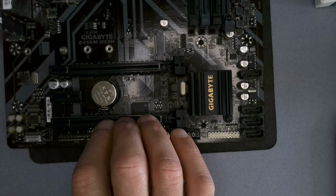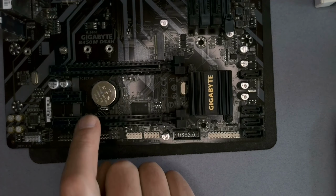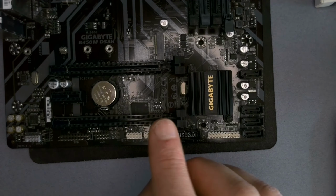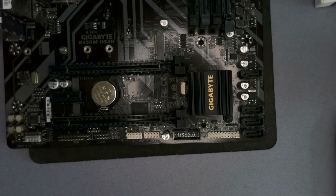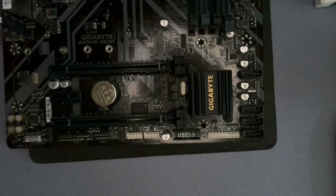This motherboard did not have Bluetooth, so you could get a Bluetooth card for this motherboard, but it's just as easy to get a Bluetooth dongle and stick it into a USB port as it is to use that. You're better off with memory on your motherboard, and it's fast. It'll be just as fast as this, or very nearly just as fast as that. You'd have to test it to make sure, but there you go. A little wrinkle, a very quick, easy upgrade that you can use to increase the capacity of your computer, and with any luck,